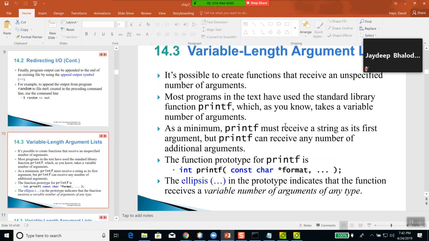Now, variable length argument lists. It's possible to create functions to receive an unspecified number of arguments. Most functions in the text have used the standard library function printf, which, as you know, takes a variable number of arguments. Because remember, you can have the %d, you can have 100 of them, and then you have a comma, and you'll have 100 variables to be plugged into those %ds. So there's no limit. Well, I shouldn't say that. I'm sure you can't put 1 billion arguments in there. Never have tried, but